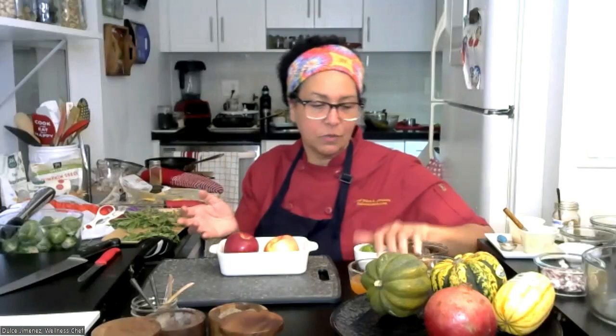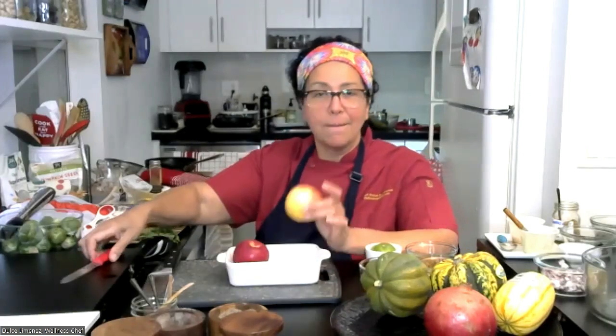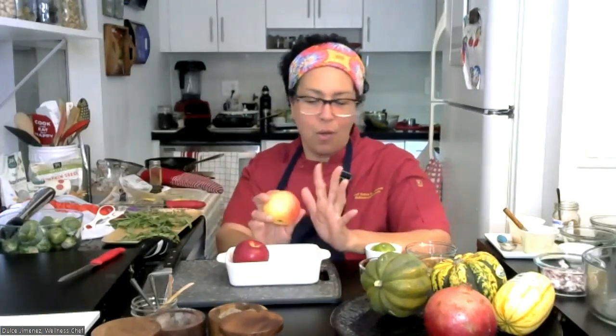Now I'm going to make a very simple dessert that also goes in the oven. Every time I'm using the oven, I try to do one, two, or even three dishes, as much as I can put in the oven. I have to use that heat. This is a very cool recipe because it's delicious, nourishing, sweet, and it's like apple pie. But you don't have to eat all that flour. So, baked apples with